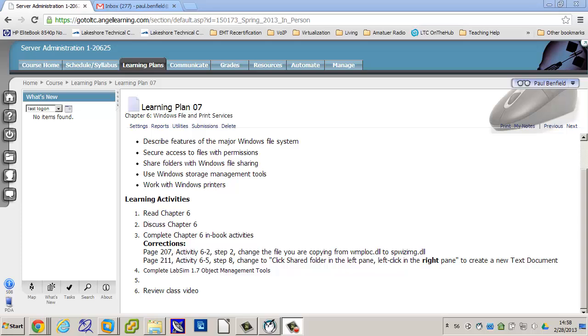The best analogy to help keep in mind for me is as if the share is inside of a building, and the window to access that is the share permissions. So what am I allowed to see, or what am I allowed to get even into the building? Am I allowed no access? You can't even see anything? Or am I allowed to read it? Am I allowed to write? What can I do with this? And so I have those share permissions. What can I even do to enter that location?